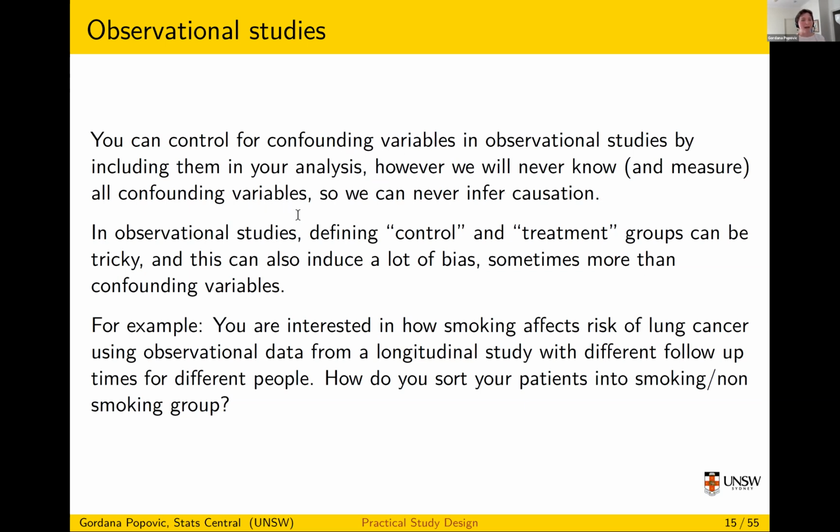The other thing that goes really badly in observational studies is how you define the control and treatment groups. Say you're interested in how smoking affects the risk of lung cancer. And so you have this database of people, and you've measured whether or not they smoke and their age and sex and a bunch of other things, and you have an idea if they got lung cancer. So you want to know what is the effect of smoking on lung cancer. So what you'd like to do is create a group that's non-smoking, and a group that's smoking. There's a million different ways to actually do that with observational data.